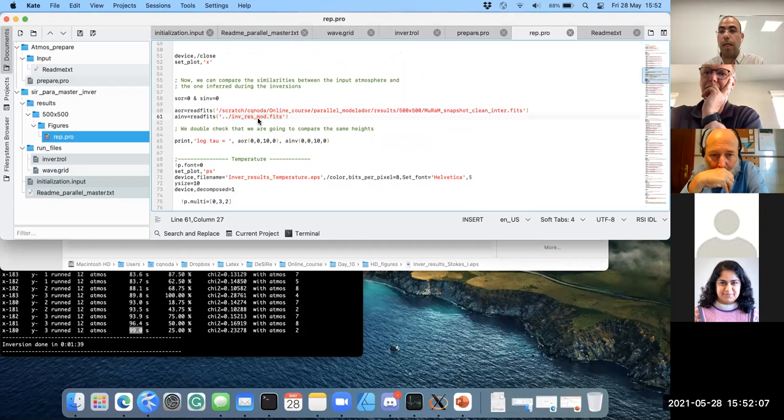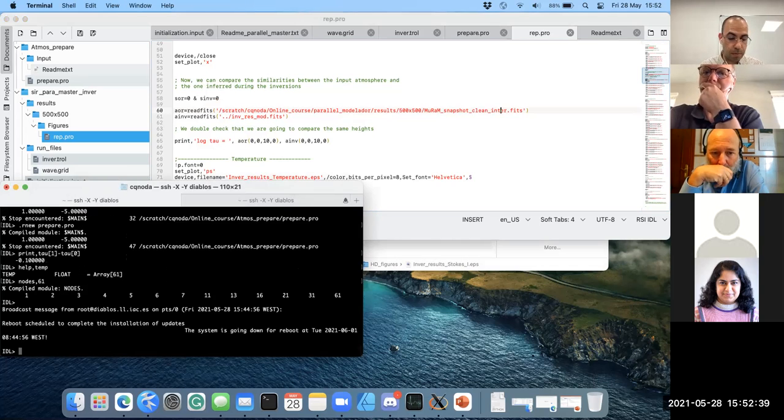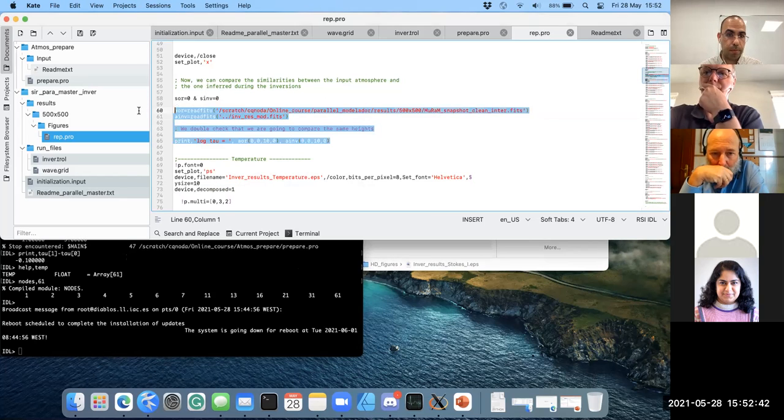And this is the output atmosphere that the code found, I mean, the one inferred from the inversion. And we are going to compare that to the atmosphere that we created with the parallel modelador that I put in this 500 times 500 folder. So let's compare it. The important thing is that I put here a print just to be sure that we are in the same scale. And you will see that if you read those two files and then you print this, well, I can do it. So if I do this,